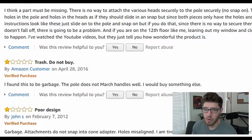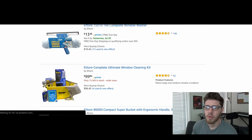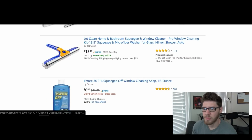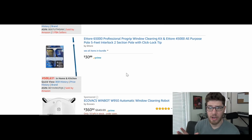And so I would actually go through and look through all of these different people. So I would look at all the different squeegees. I would look at this one, this one, this one, and I would look at all the bad reviews. I would actually have a notebook out and I'd be writing down all of the different things that I could do to improve this product. So I would go through that list and find all the different reasons, like the big negative things or the things that I saw consecutively over and over, and then I would say, okay, these are the most important things that were wrong with